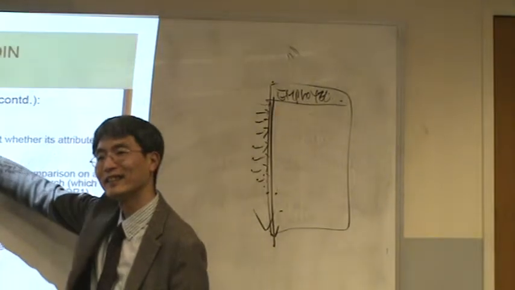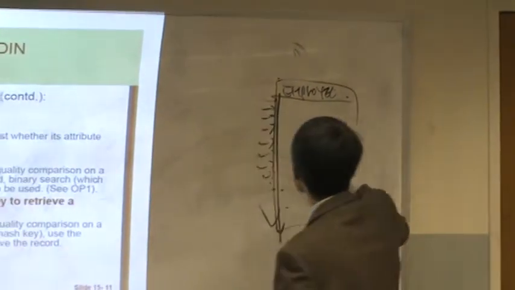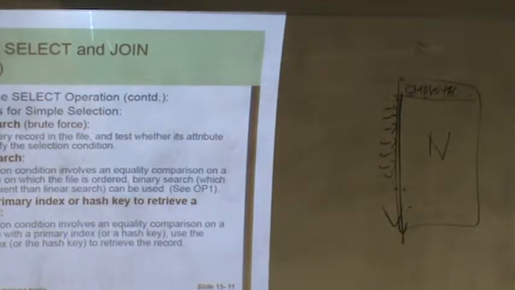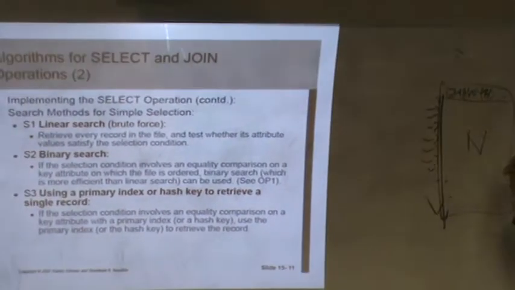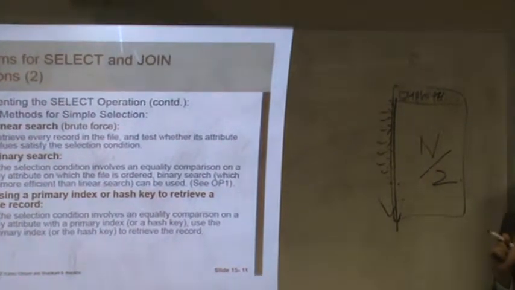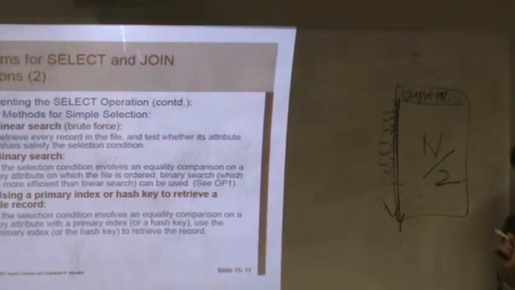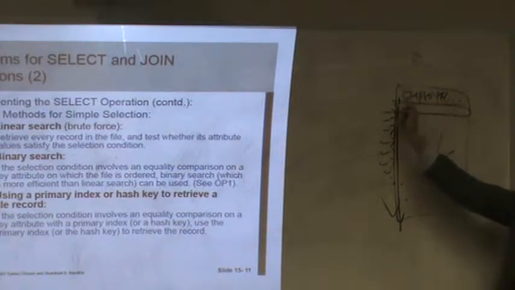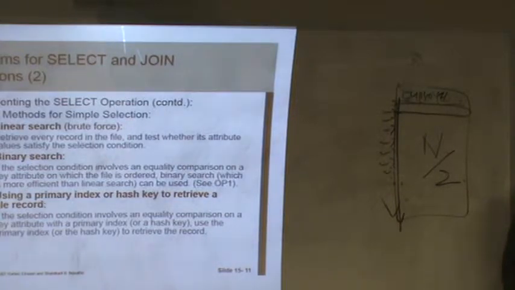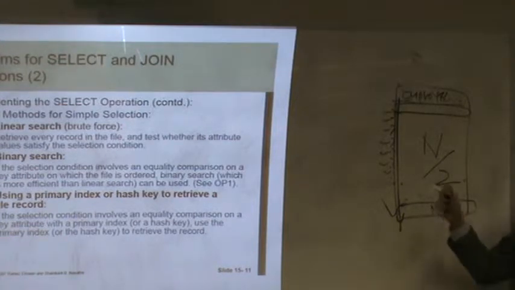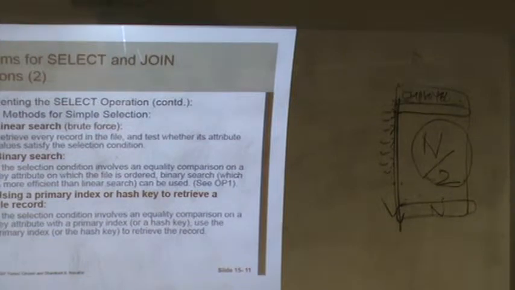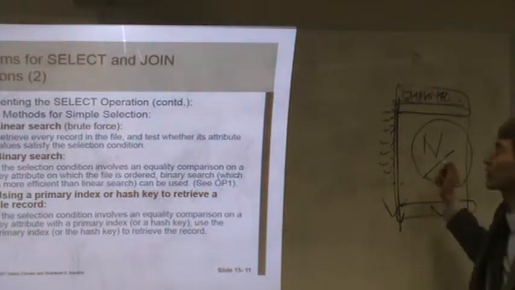Is it fast? How fast? In case the data is n, it's n. Actually, n over 2. Why is it n over 2? If you are lucky, you will find the data at the first try. In the worst case, if you are not lucky like me, it will be the last one. On average, you divide by two, so n over 2. It makes sense. So the overall time is n over 2. That is the linear search.